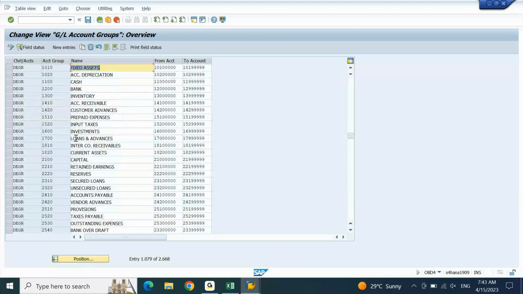All these account groups must be defined under document splitting respective item category. That we will understand in the next session, which will be on Monday morning, 7:30